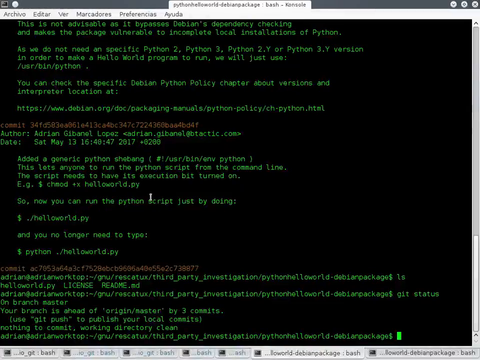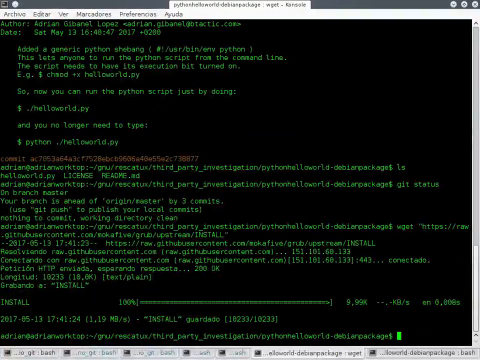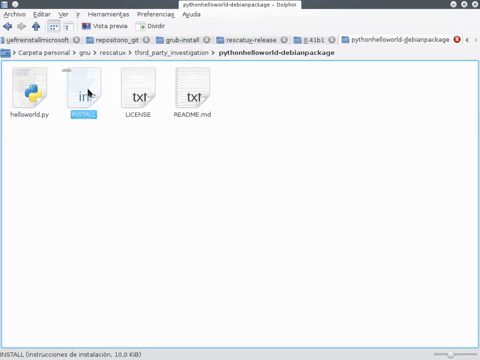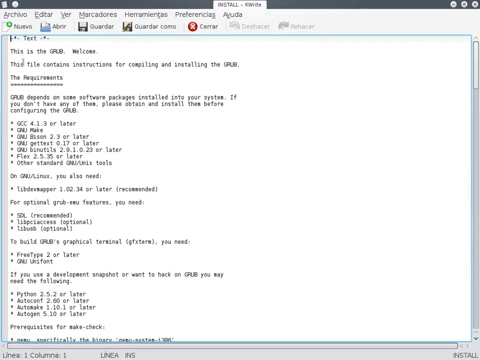So what I'm going to do here is download the install so that my hello world has nice documentation. So what we want to do is to modify it so that this is okay, but